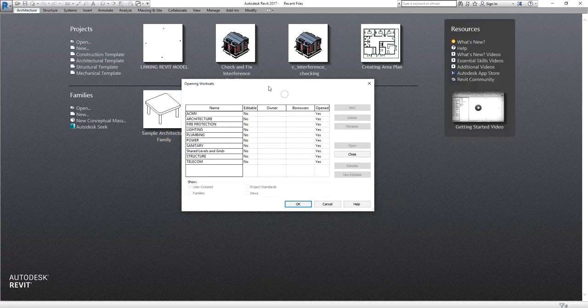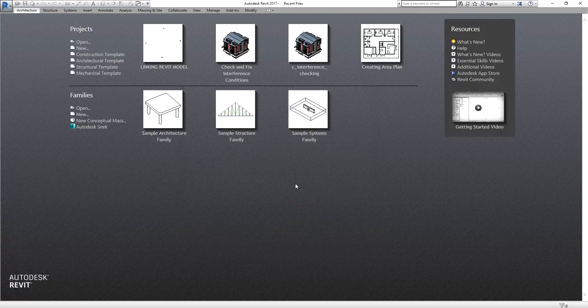So this is what I was talking about earlier. If you set up your options to specify work sets before you actually open the project, you will see this Opening Worksets dialog box, wherein you have the power to open or close the work sets that you do not need. But in my case, I'll just let it open. Anyway, I haven't started anything yet. All right.